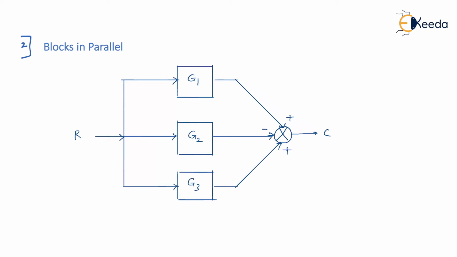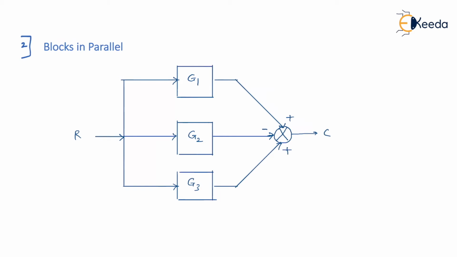See, when I'm reducing the block diagram, what does that mean? Let me make you understand. When you are reducing the block diagram, you would see that instead of multiple blocks, we can draw only one block. For that, you have to find the overall transfer function. But the rule is, whenever you are reducing the block diagram, the effect shouldn't change. What is meant by effect shouldn't change? Output of the system should remain the same whenever you are reducing the block diagram. So please remember, I cannot just blindly reduce G2 and G3. I hope my point is clear. You have to reduce in such a way that even after reduction, you get the same effect as that of before reducing it.